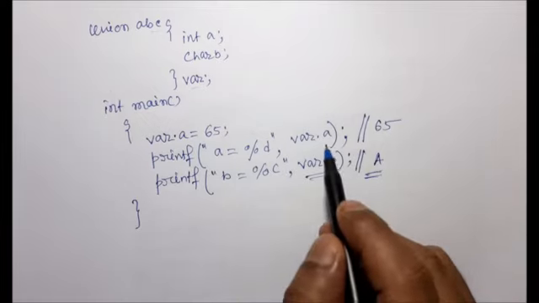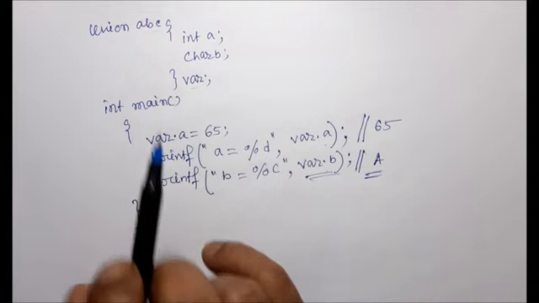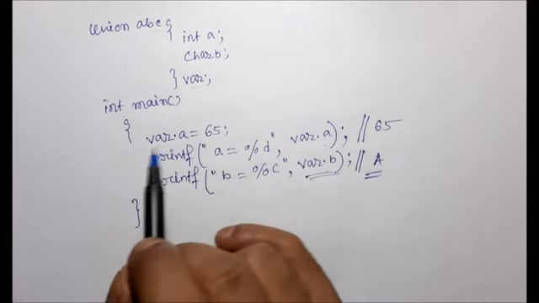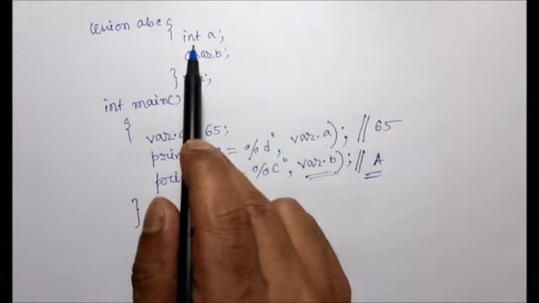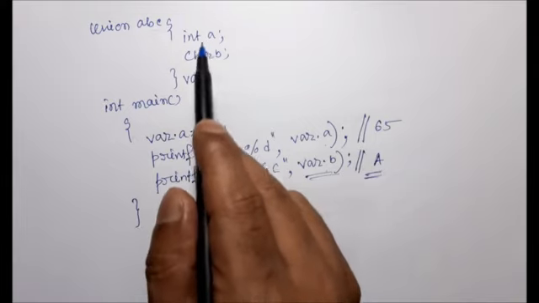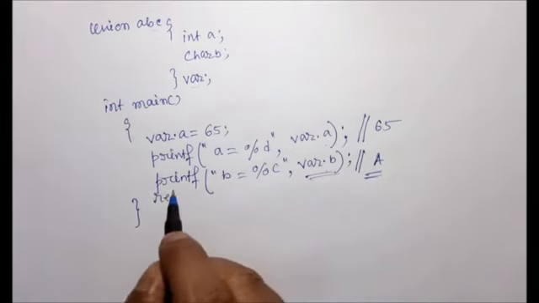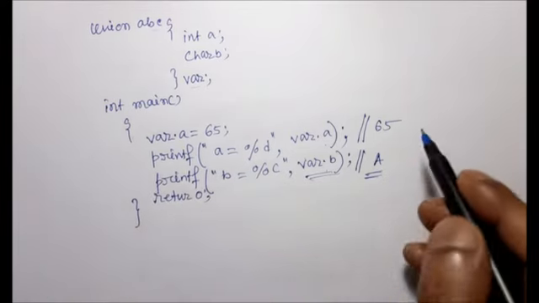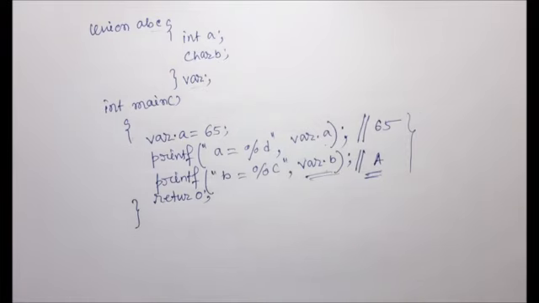Here I am getting the same value 65 also if I want to access the character B, but I have initialized only the value of var.a equal to 65. So, I have just initialized one of the members, and that is reflected to the other member. That is my actual point I want to say. I will show the output in the example also. From this output we can say that in case of a union, if I make a change in one of the members, it will reflect to the other member also.